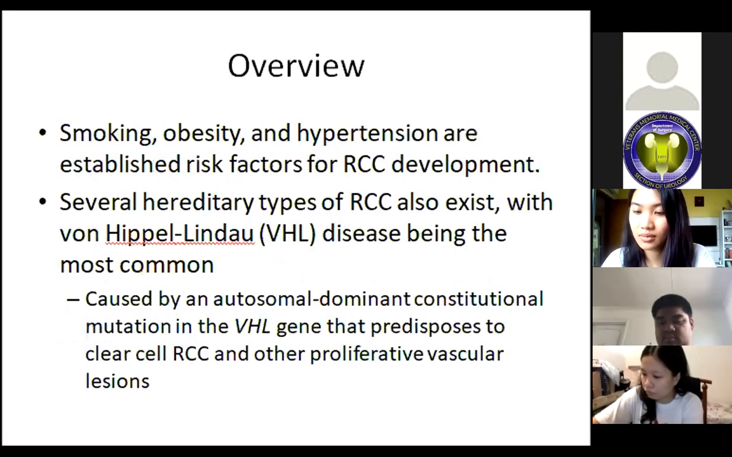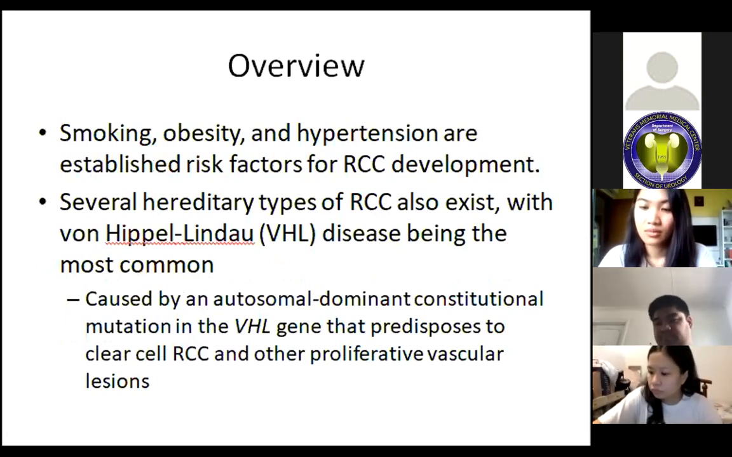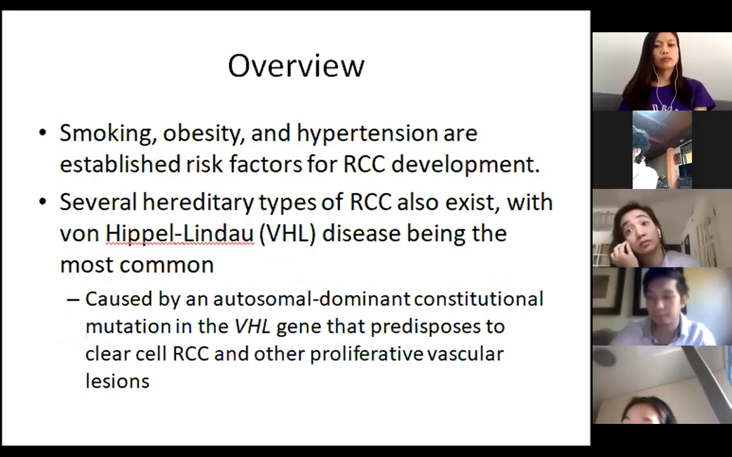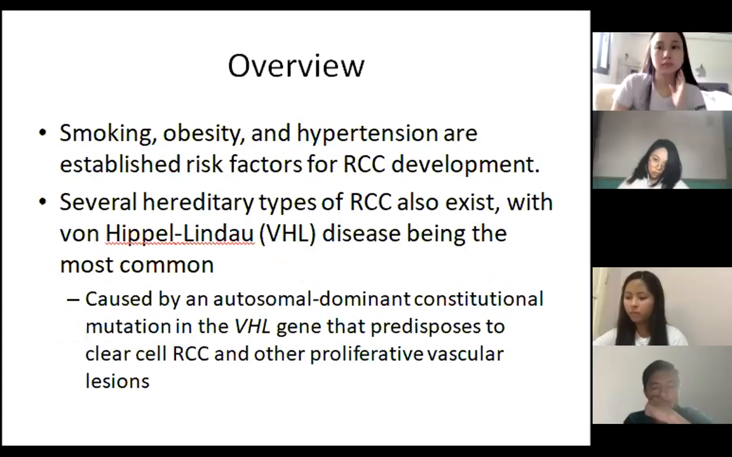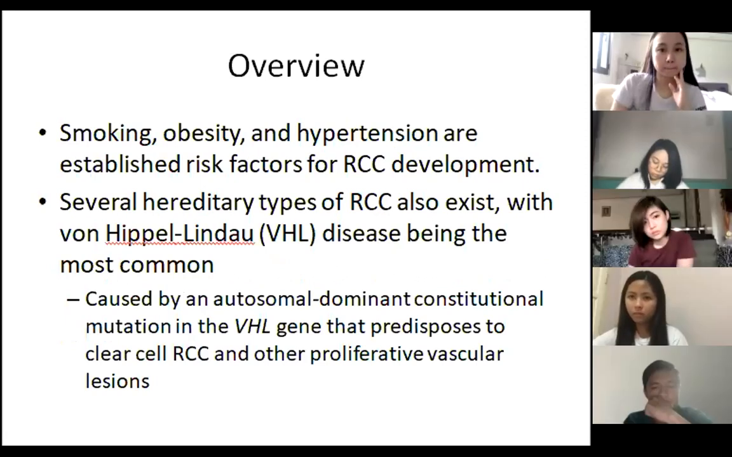So for risk factors, we have smoking, obesity, and hypertension. These are established risk factors for RCC development. Several hereditary types of RCC also exist, with von Hippel-Lindau disease or syndrome being the most common. It is caused by an autosomal dominant constitutional mutation in the VHL gene that predisposes to clear cell RCC and